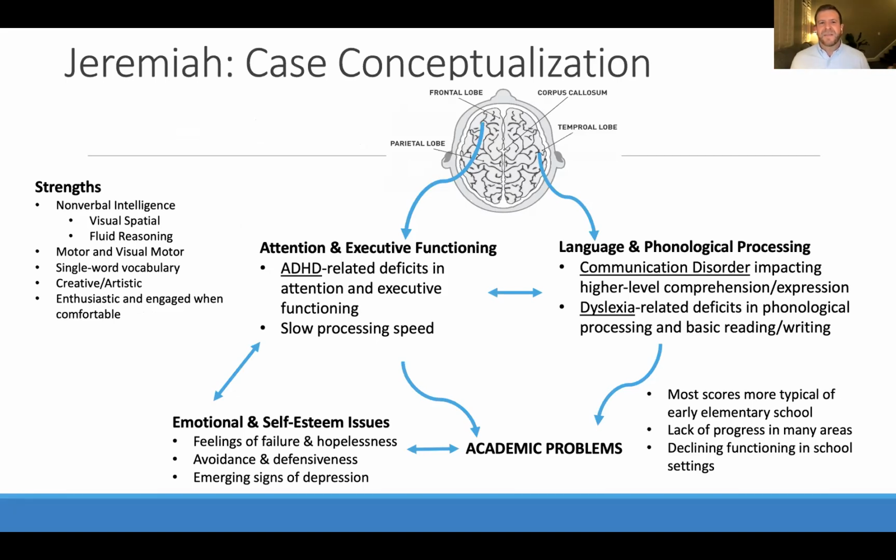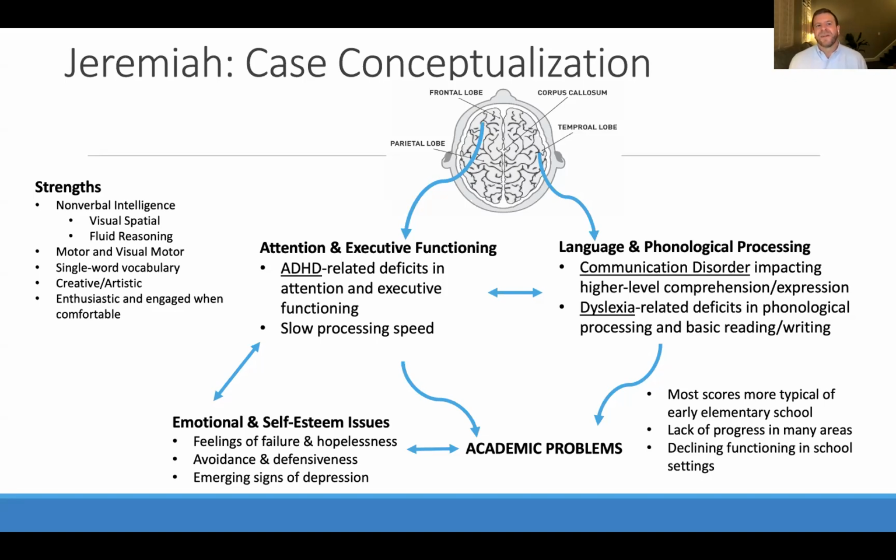A lot of times this is something that I recommend doing, is trying to understand for yourself how things, and it doesn't always have to look like this, right? But to really break apart what's going on and think about how those things relate. So if we take all the data we have for Jeremiah, there were a couple of key things that we found in that evaluation. One was that Jeremiah's nonverbal intellect, the underlying intelligence, was solid. Okay, so there's not an intellectual disability there, not delays that are accounting for challenges there.